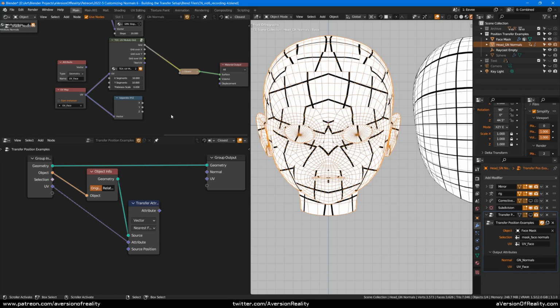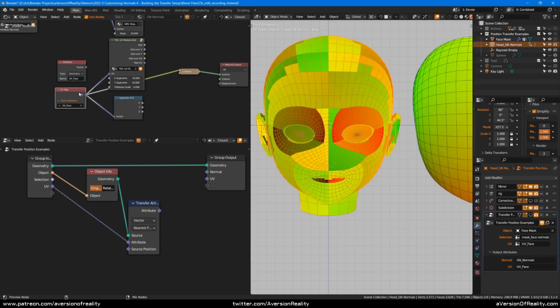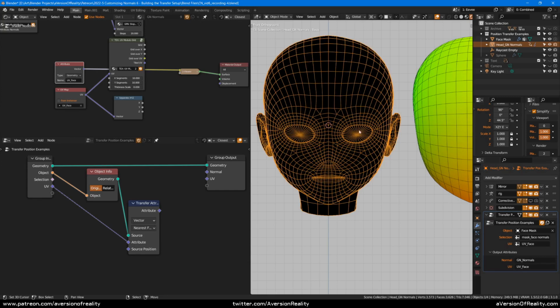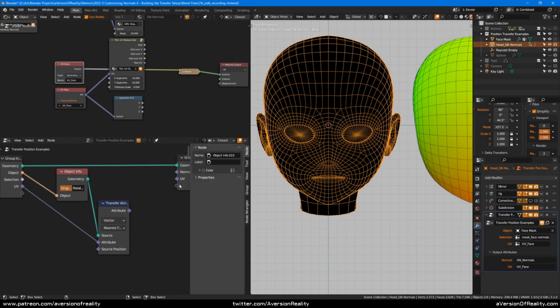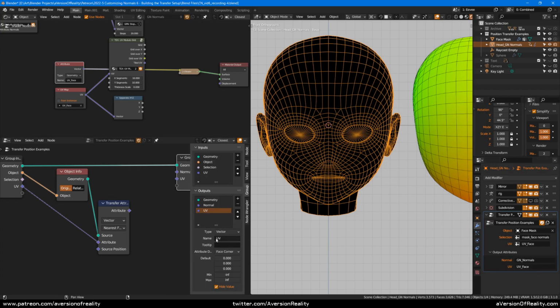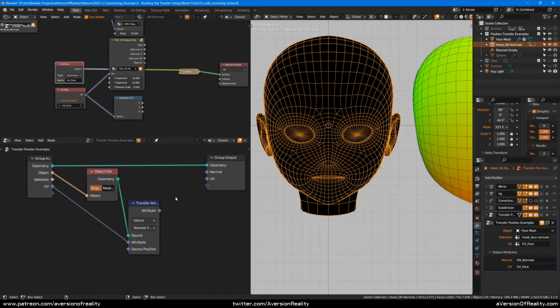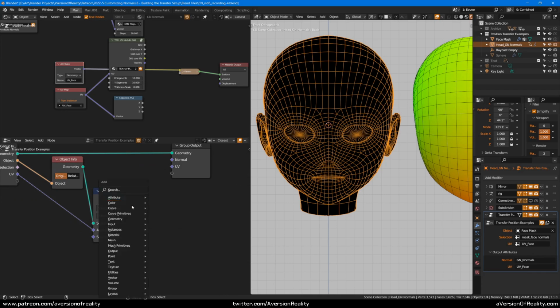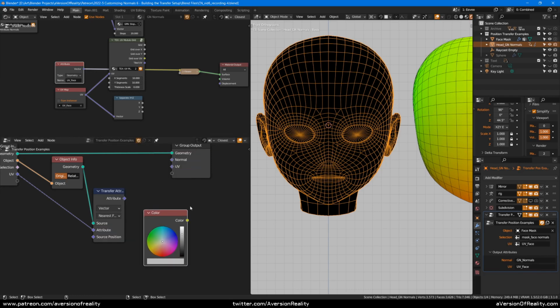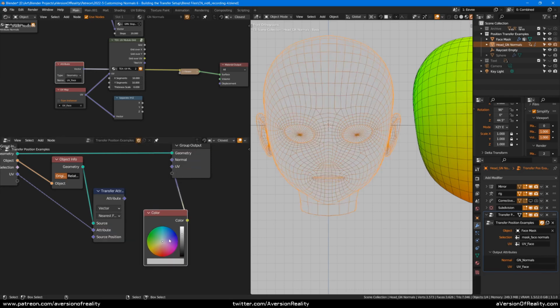And in our shaders, we have a UV map node, or if we type the name, we can get the exact same thing from the attribute node. But here's where it gets a bit odd. When I turn on the transfer, well, we're getting black now, and that's because we have a UV map output, and it's outputting to UV face, and there's nothing going into it right now, so it's just black. We can chuck a color into it. Grab color and put that in UV, and now we'll see whatever we plug in, because it's a generic attribute,